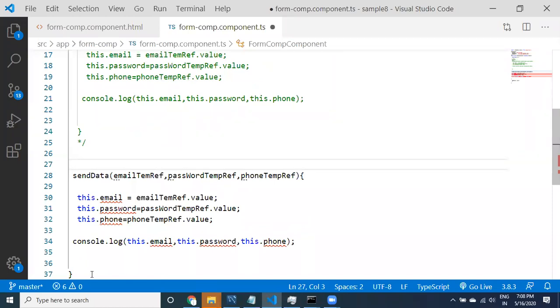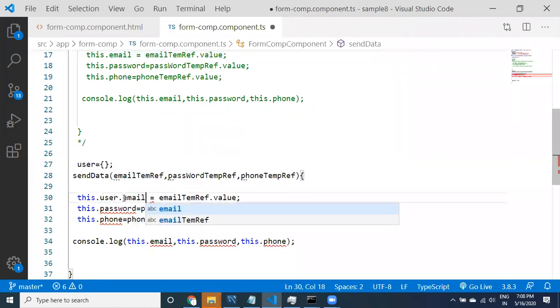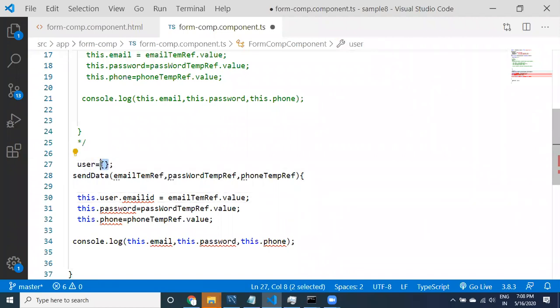Here I'm going to take JSON data, and JSON is an object, that's it. So this information is related to user. To tell that this is a JSON, you can provide it like this, guys. If you are assigning some JSON object, then this user object is going to become a JSON. Now see here, guys, this dot user dot email ID. Actually this user has no email ID, right?